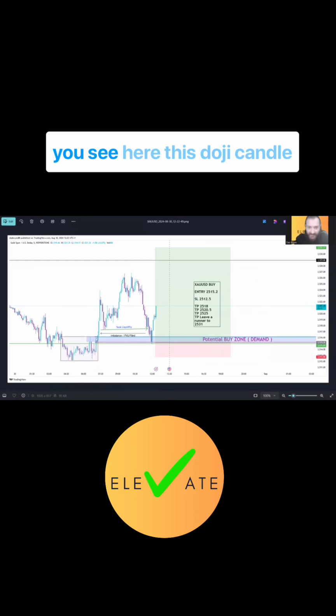And if you see here, this doji candle was the order block. On the actual point there, drag it across, we can see that was our zone. And then we simply look for 30, 50, 100. 30 pips is TP1, or 25 to 30 pips, 50 pips is TP2 and 100 pips is TP3. And as you can see, price has done 25 to 30 pips easily, done the 50 pips, and it actually almost flew up